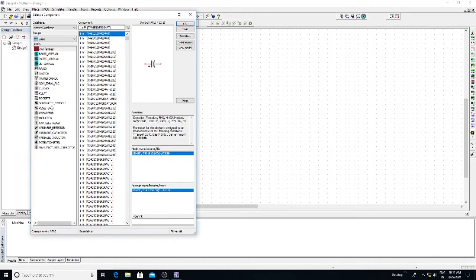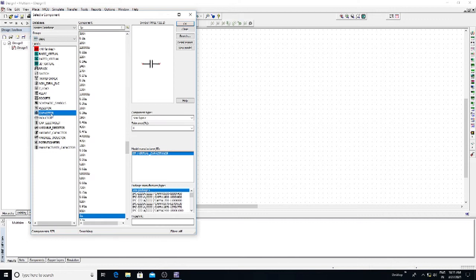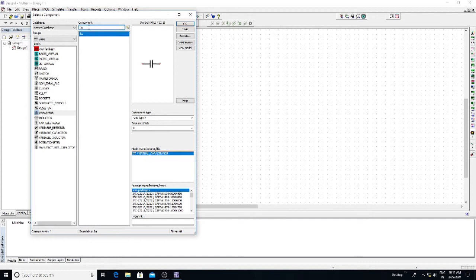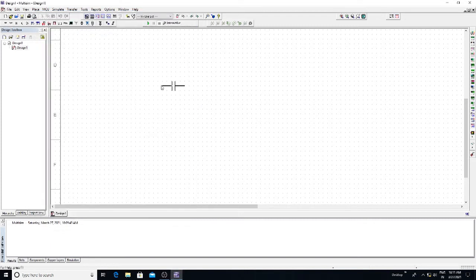So select capacitor. I am connecting an input capacitor C1, which is 1 microfarad. Type the value 1U, which indicates micro. Click on OK and place the capacitor here, that is input capacitor C1.